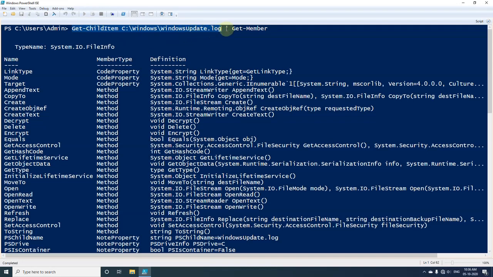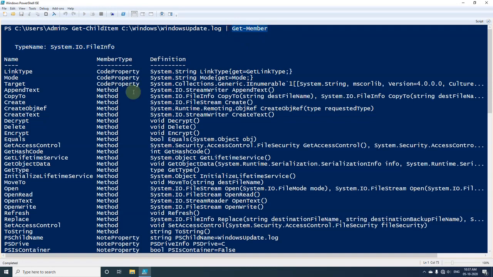To get that, I have used the cmdlet Get-Member after a pipeline, and this will give us two pieces of information. First is the type name. Whenever we fetch any file information, it is of the type System.IO.FileInfo. When we want to know the type, we can check this line after using this command.